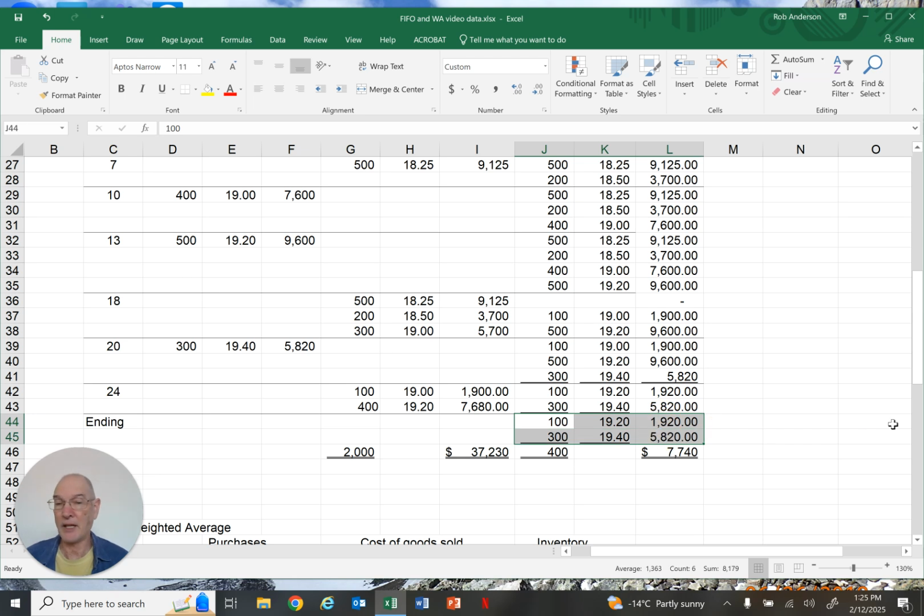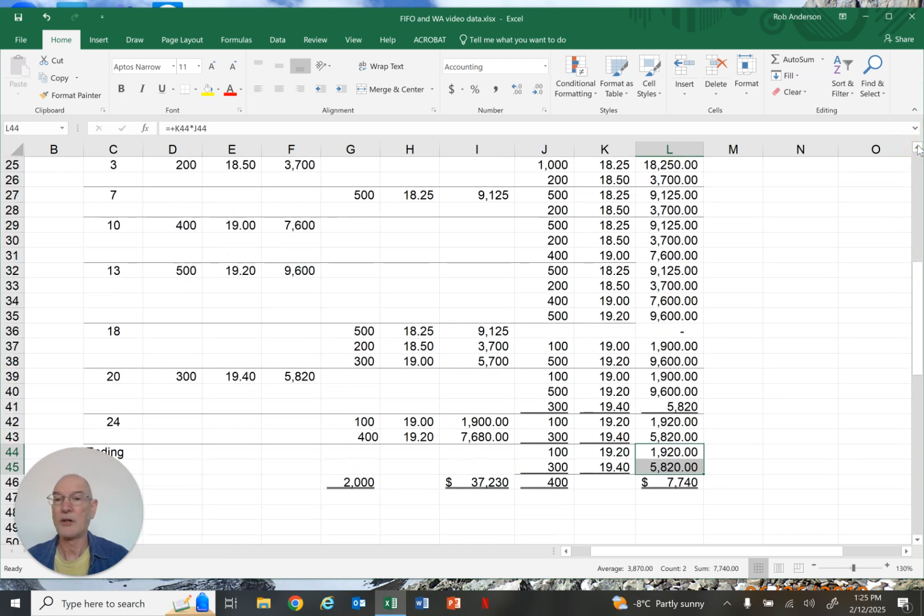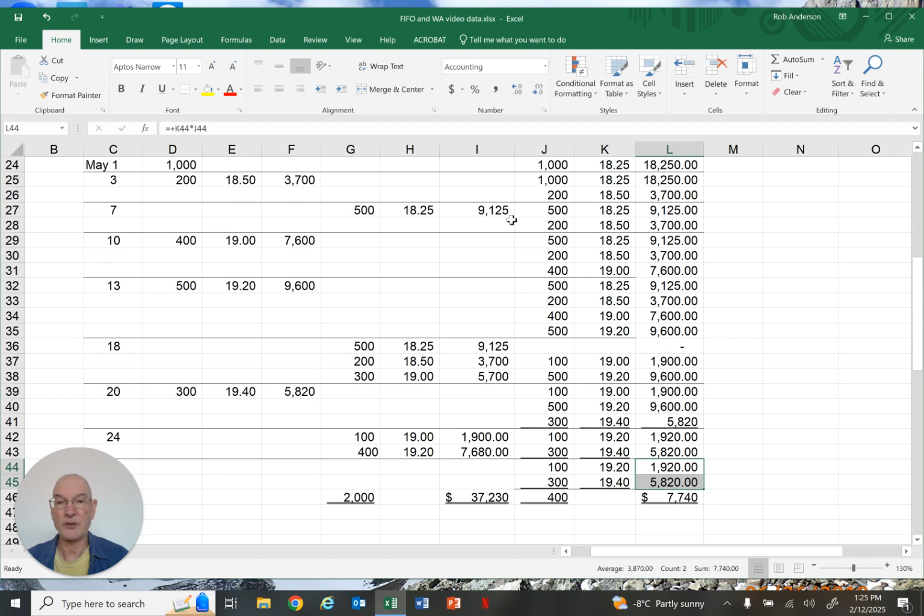These become the ending amount. So we have 400 units, and if we add these two numbers, our ending inventory under FIFO is $77.40. And if I want to know cost of goods sold, every time we were selling, we extended this to a price. So what I've done here is I've added all of these different costs, and we get